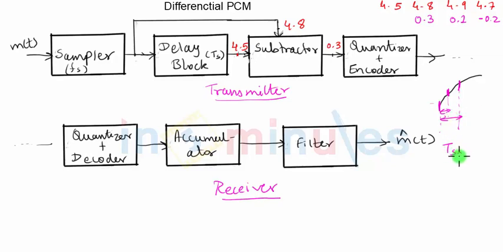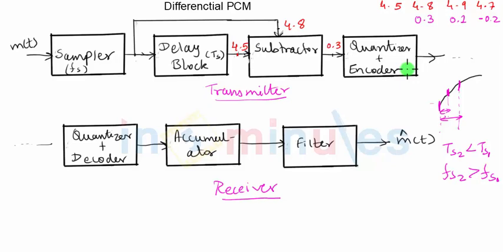That means TS2, the second sampling time period, is less than the first sampling time period. Now to have this, the second sampling frequency has to be greater than the first sampling frequency. And that means just to have a smaller range of the differences so that we can use a lesser number of bits for quantization, we are ending up taking more samples. If you're taking more samples, then obviously you will have more values to be quantized. And even when we are using a lesser number of bits per value, because the overall number of values is more, we will require more bits in the quantization.